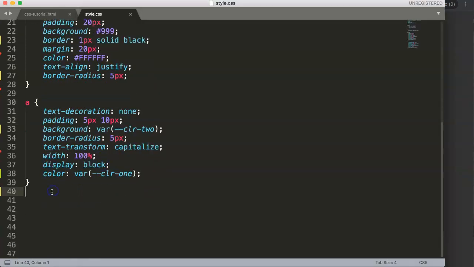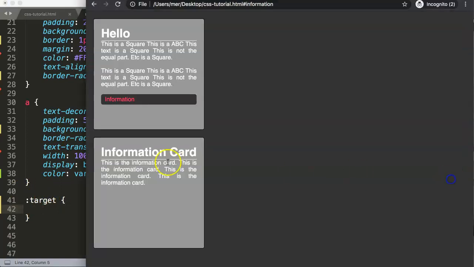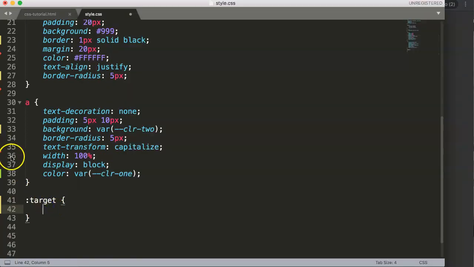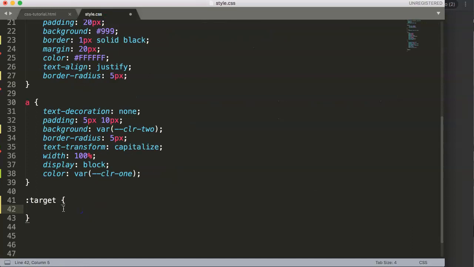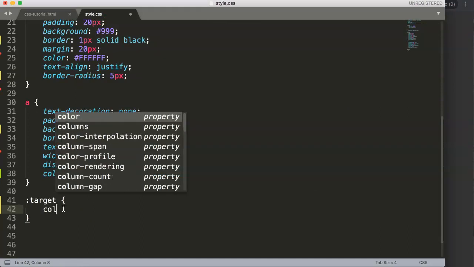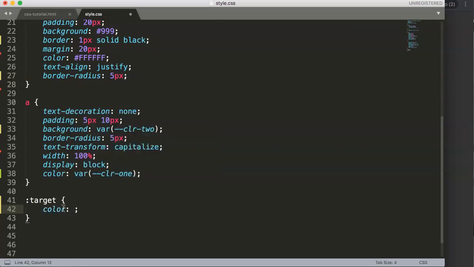Alright, so how can we do this? Well, basically the following. What we can do here is we will say here the target, and with this target class, once we click on it, the target will eventually be highlighted, which will be this one here, and it could be like the information, the ID of the target. We could do that as well, it doesn't matter so much. We can do it maybe in general for every target. So we say here this, and then we say here color will be yellow,